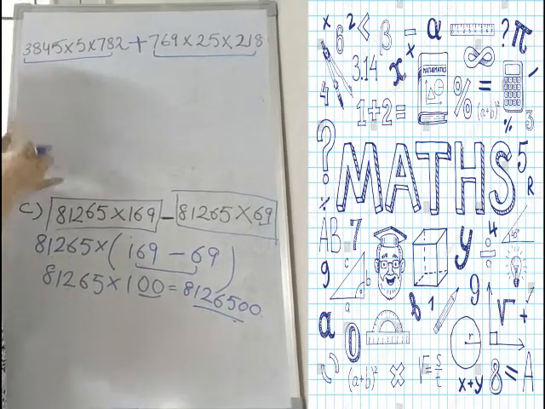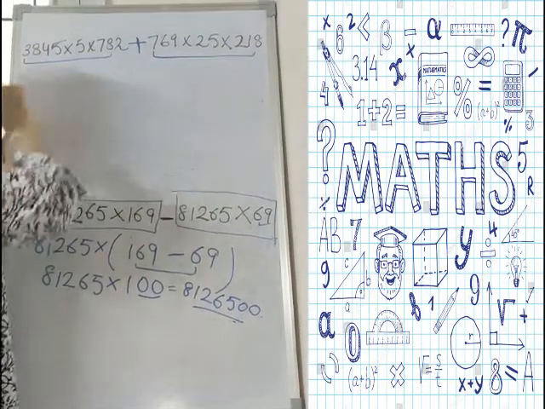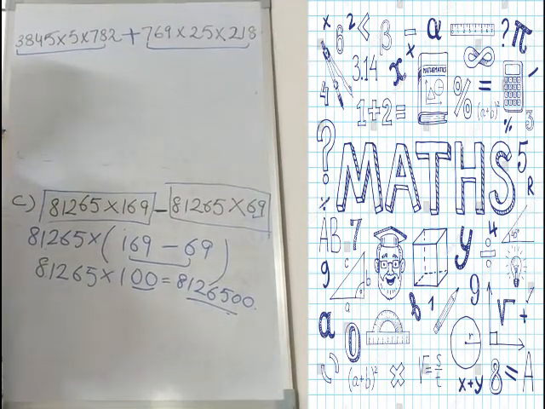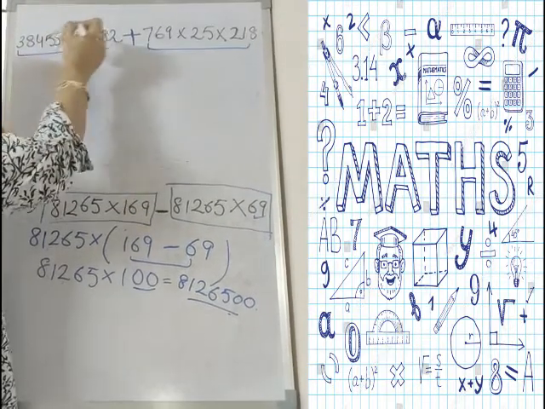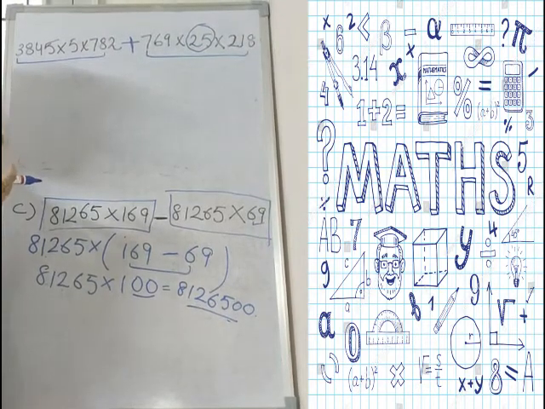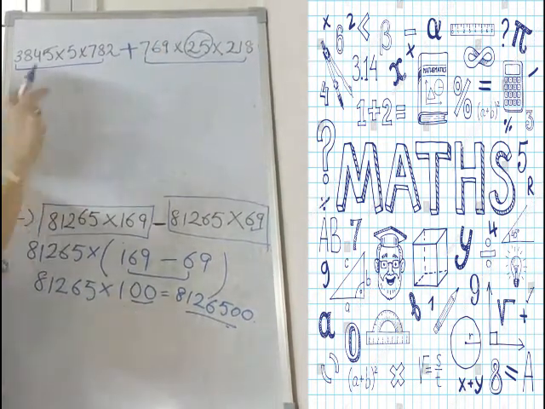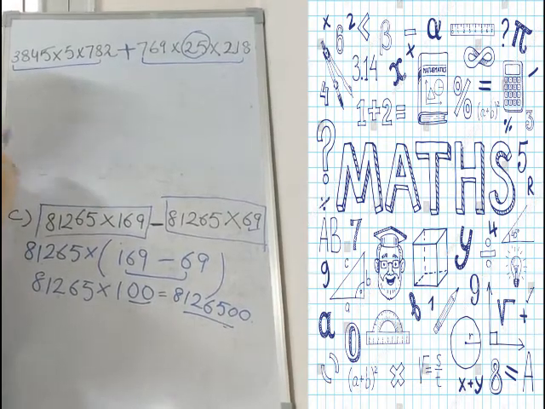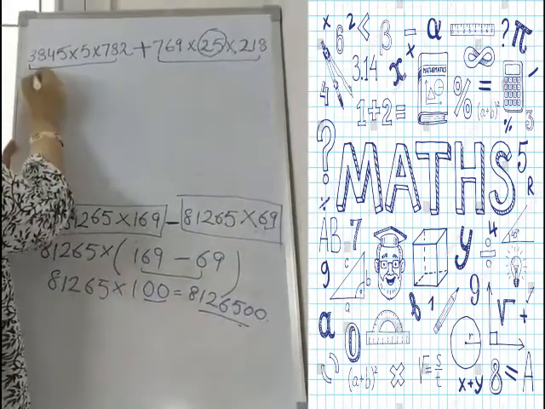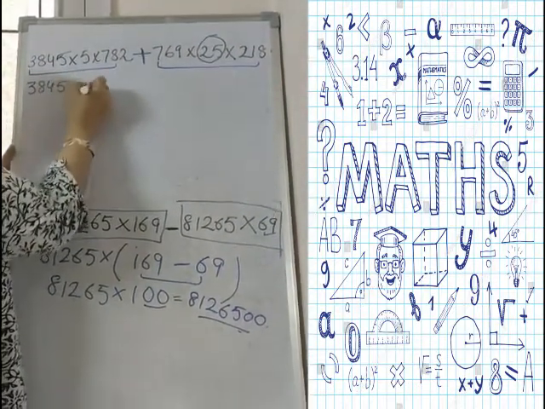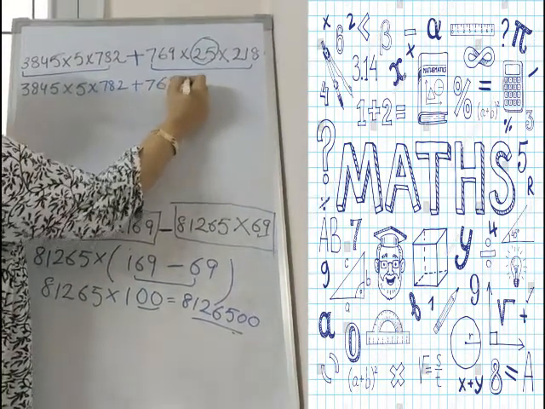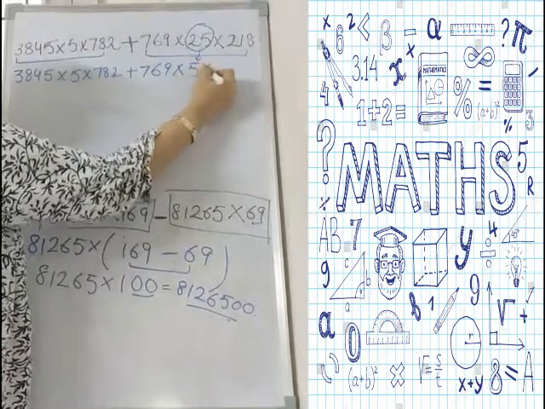And if I want to use distributive property, one number should be common in these two. There is no number which is common. But when you look carefully, you will see there is a number 25. Can you break this number? Yes, you can write it as 5 fives are 25. Because my target is to take out one common number which should be in both. So I am writing all the numbers as it is, but I am going to break 25 as 5 fives are 25.